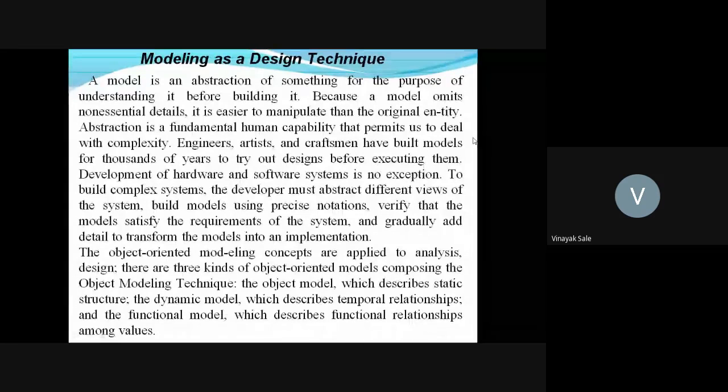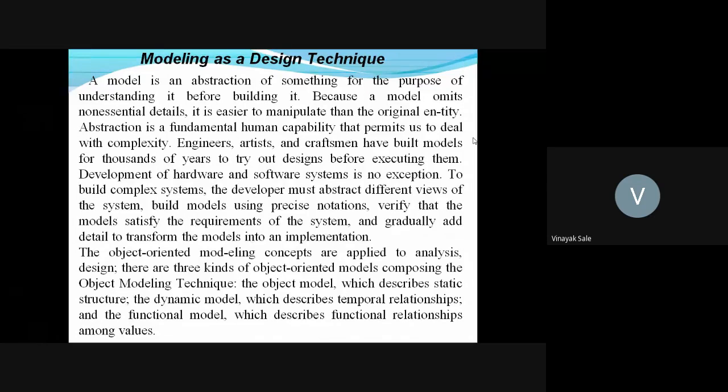A model is a small demo. Suppose there is a construction of a building. Before constructing the building, there is a small demo of that building. So the model is an abstraction of something for the purpose of understanding the building before building it,